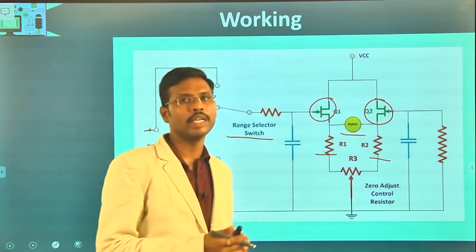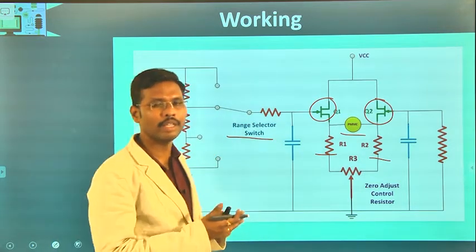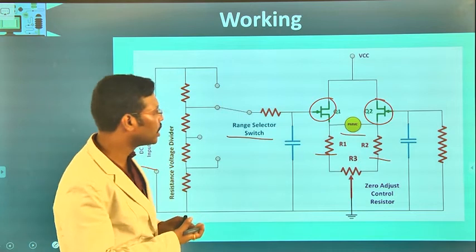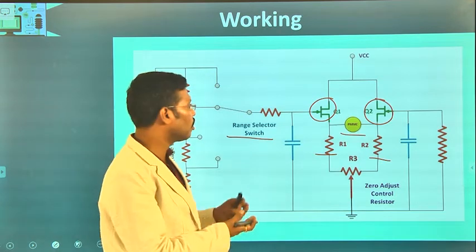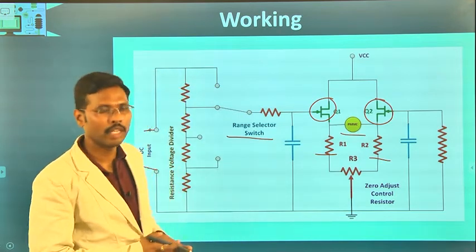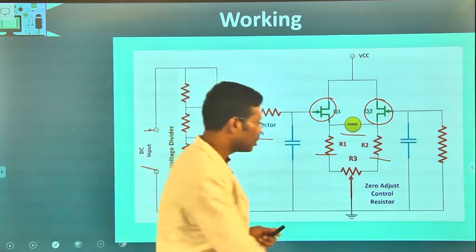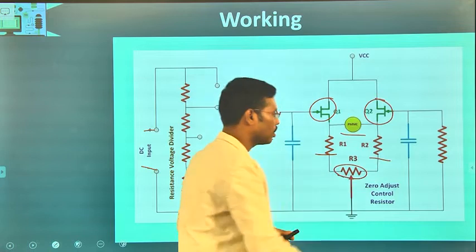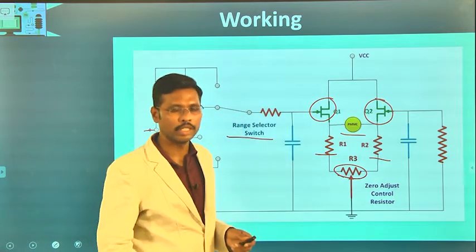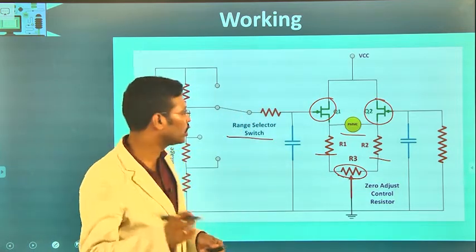So, to eliminate those errors, which are caused by stray voltages and currents present inside the meter, there will be a small deflection in the PMMC meter in practical cases. To eliminate those error signals, we will be using this zero adjustment resistor, and by varying the value of this resistor, we will make sure